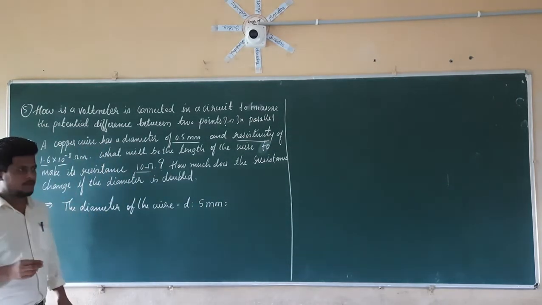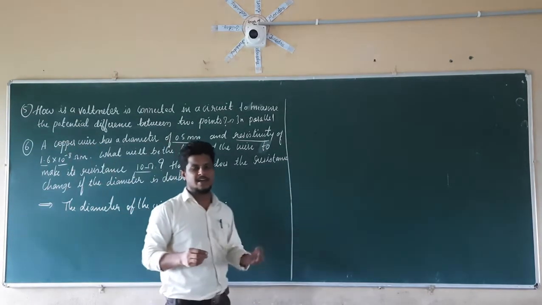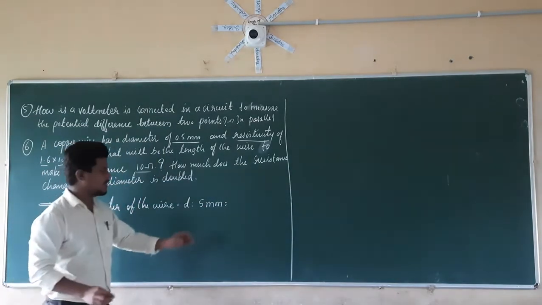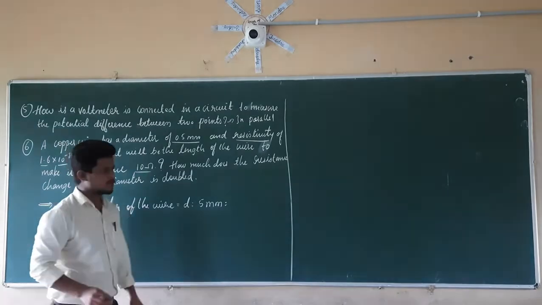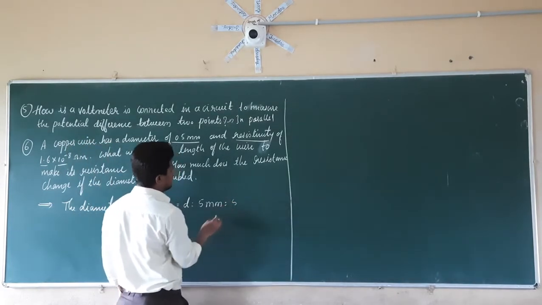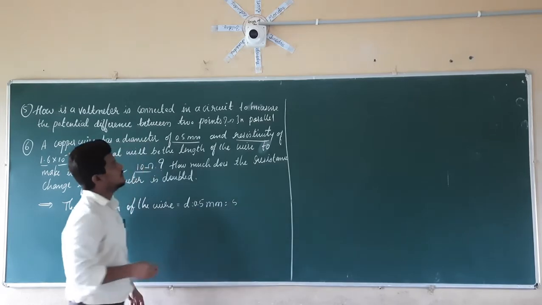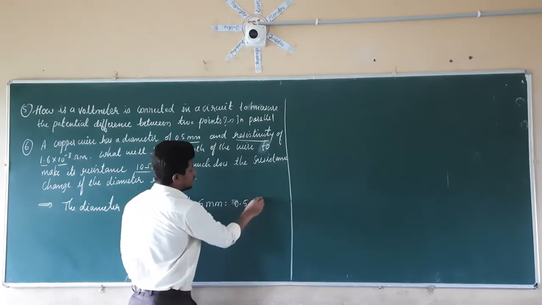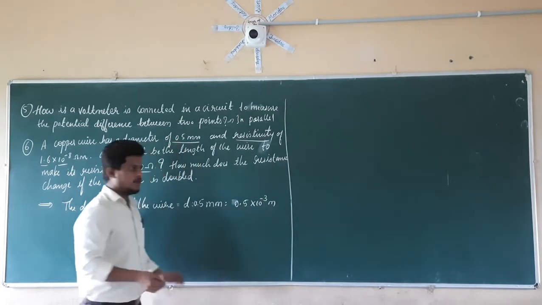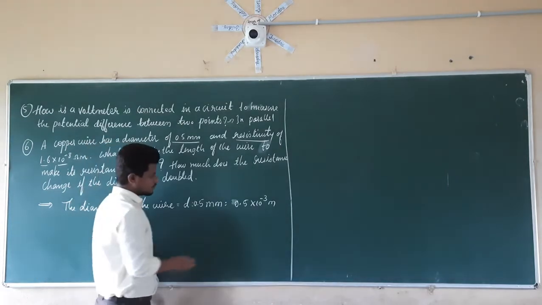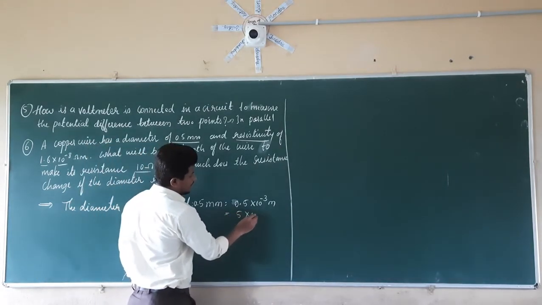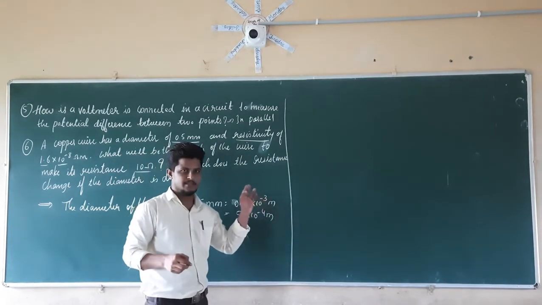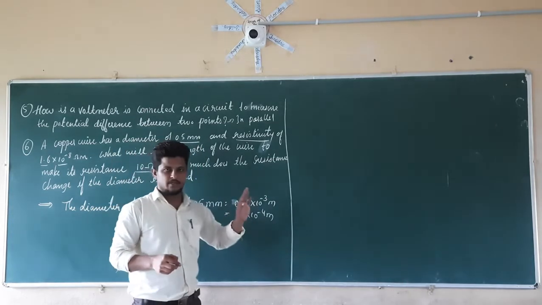Always remember in the electricity topic we should convert units into the required SI units. Here the unit is in mm, so we always convert this length into meters. It is given as 0.5 mm, so it becomes 0.5 into 10 raised to minus 3 meters, since 1 mm equals 10 raised to minus 3 meters. It will be written as 5 into 10 raised to minus 4 meters. Since I am removing the decimal point, I am increasing the negative exponent. So it becomes 5 into 10 raised to minus 4 meters.